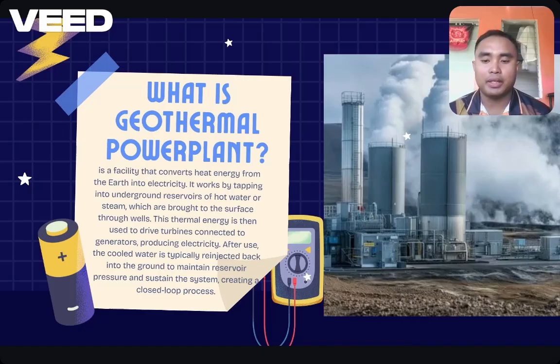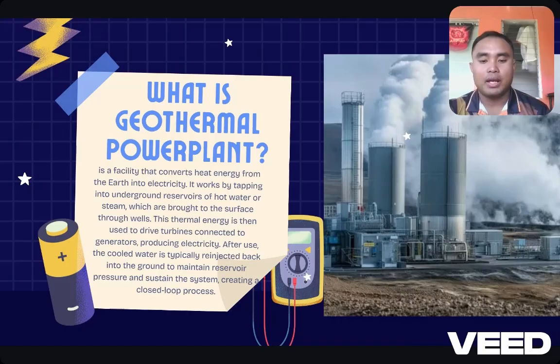It works by tapping into underground reservoirs of hot water or steam, which are brought to the surface through wells. This thermal energy is then used to drive turbines connected to generators, producing electricity. After use, the cold water is typically re-injected back into the ground to maintain reservoir pressure and sustain the system,